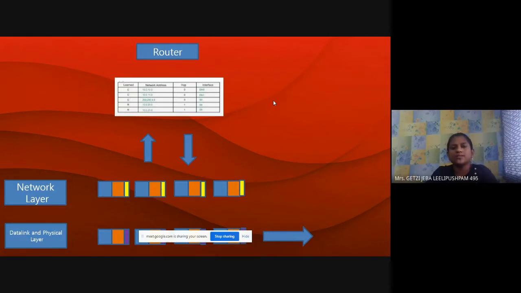So what is it that I'm trying to say here? Your transport layer has nothing to do in between. The primary part where your transport layer works is the end system. This is the concept that I want to make clear here. All your intermediate devices mainly concentrate on your IP.